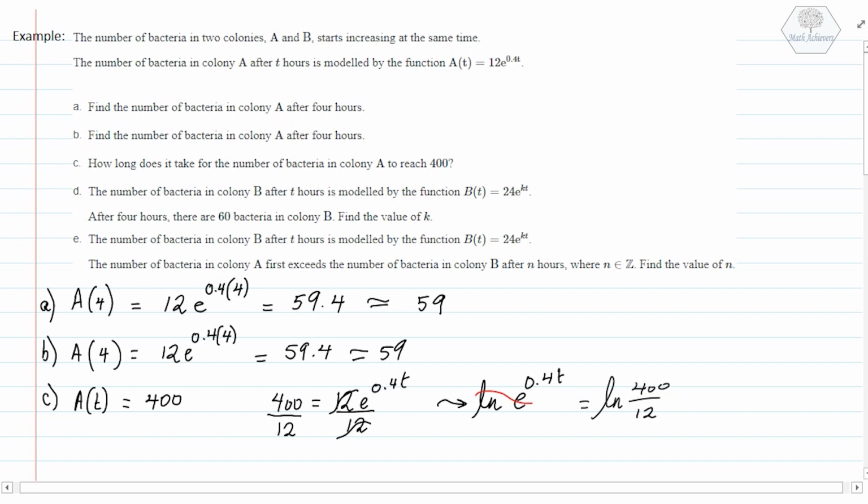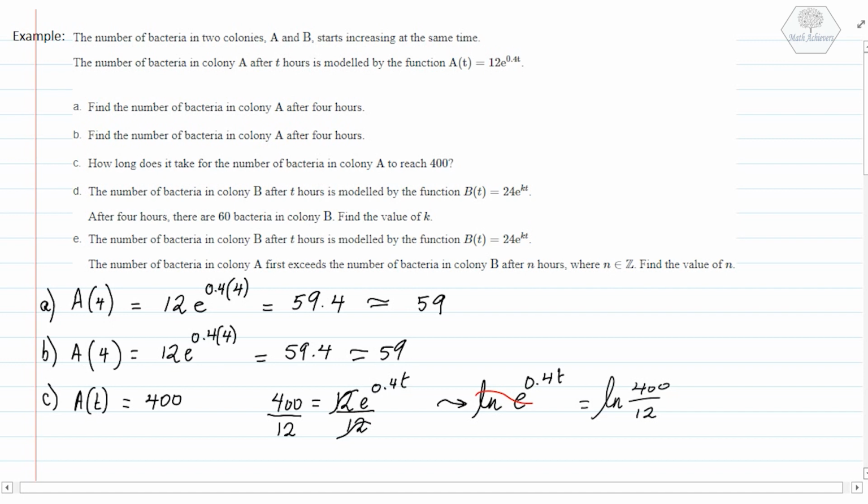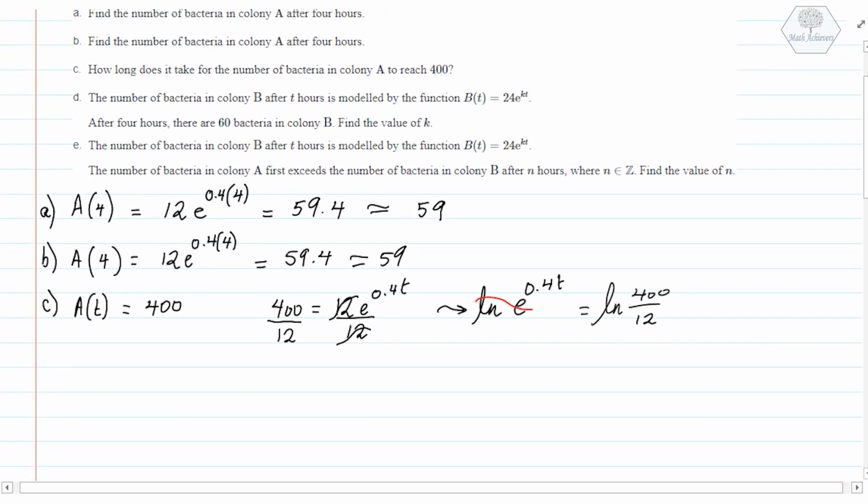This ln will cross out the e, so I'll have 0.4t equal to ln of 400 over 12. To find t, simply I have to divide ln of 400 over 12 by 0.4. So t is equal to ln of 400 over 12, all of it divided by 0.4, which is equal to,